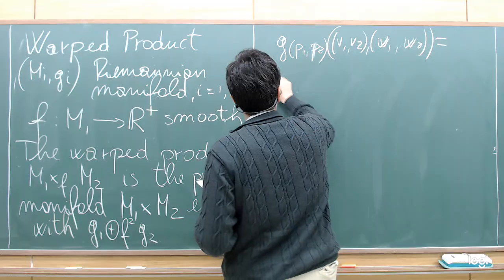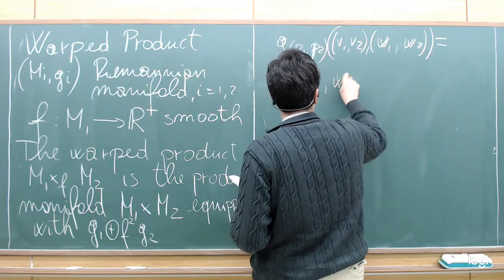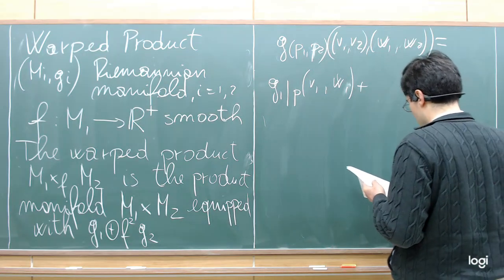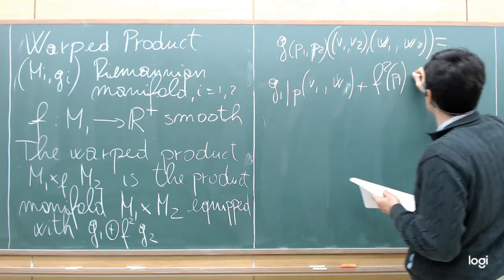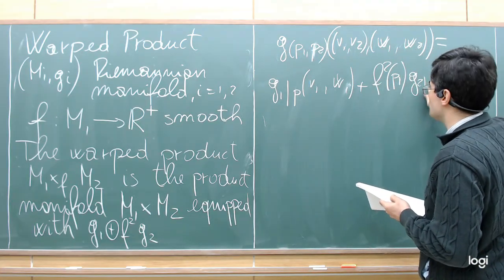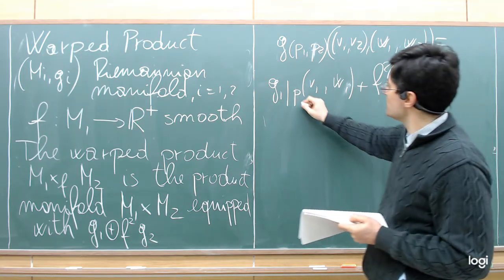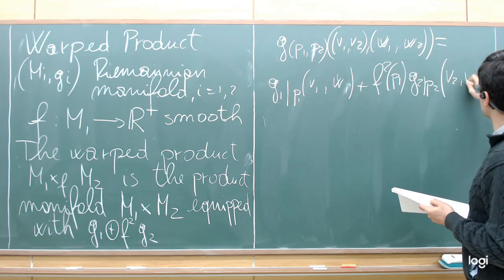This is equal to G1 at P1 of V1, W1 plus f squared evaluated at P1 times G2 at P2. I made a typo, sorry, this is P2 at V2, W2,